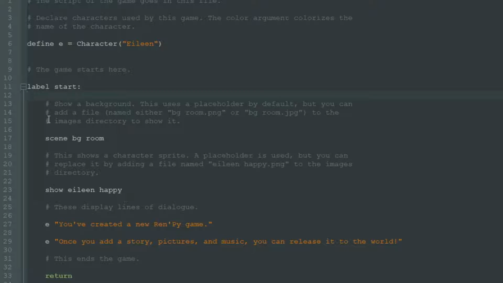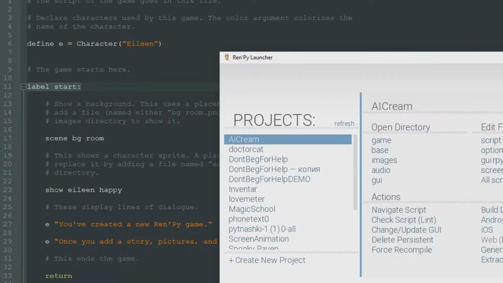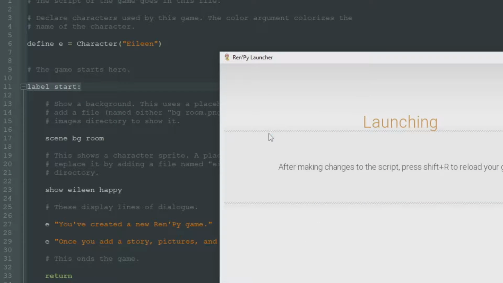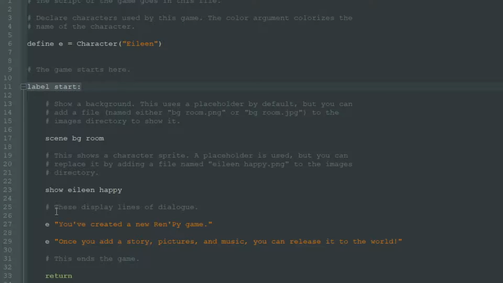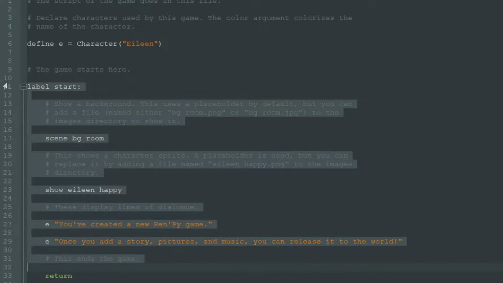So RenPy now will consist of different sections that are called labels. So when we see label start, then we know that when we click start in our game, RenPy will search for label start in our code and will execute this code. So this label start can be in any place of our script files, and RenPy will find it and will